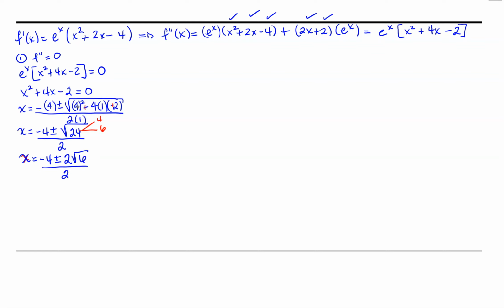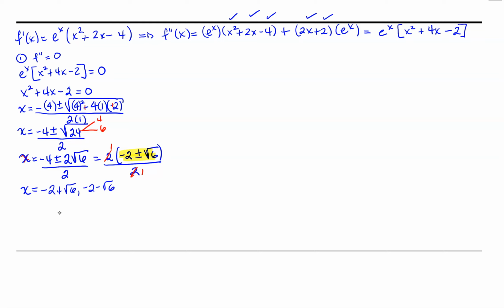Now my numerator has a common factor of 2, so we'll factor that out. That leaves us with negative 2 plus or minus the square root of 6 divided by 2. The 2's divide out, leaving me with a 1. And so we see that our critical points are negative 2 plus square root of 6 and negative 2 minus